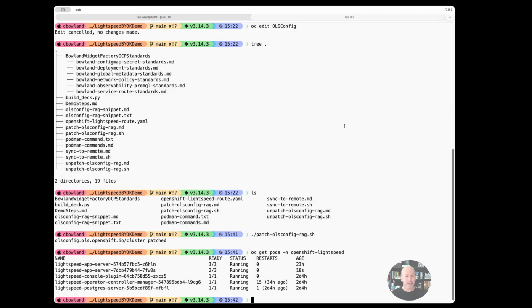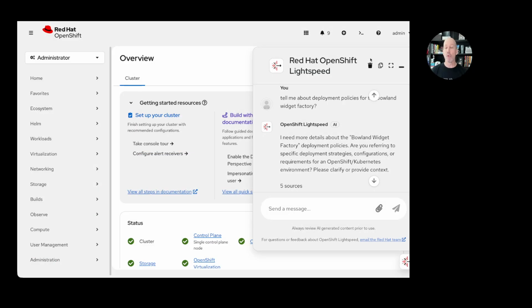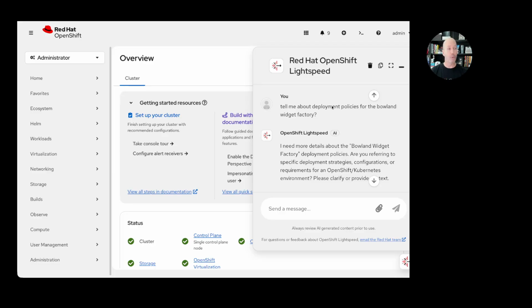So let's go ahead and check and see if we can now get specific information, not just generic information about Lightspeed and about OpenShift and about Kubernetes, but actual information about the Boland Widget Factory. So I'm going to ask this very same question again. I asked, can you tell me about deployment policies for the Boland Widget Factory? And OpenShift Lightspeed said, I don't know what that is, which is really a fair response. Now, however,